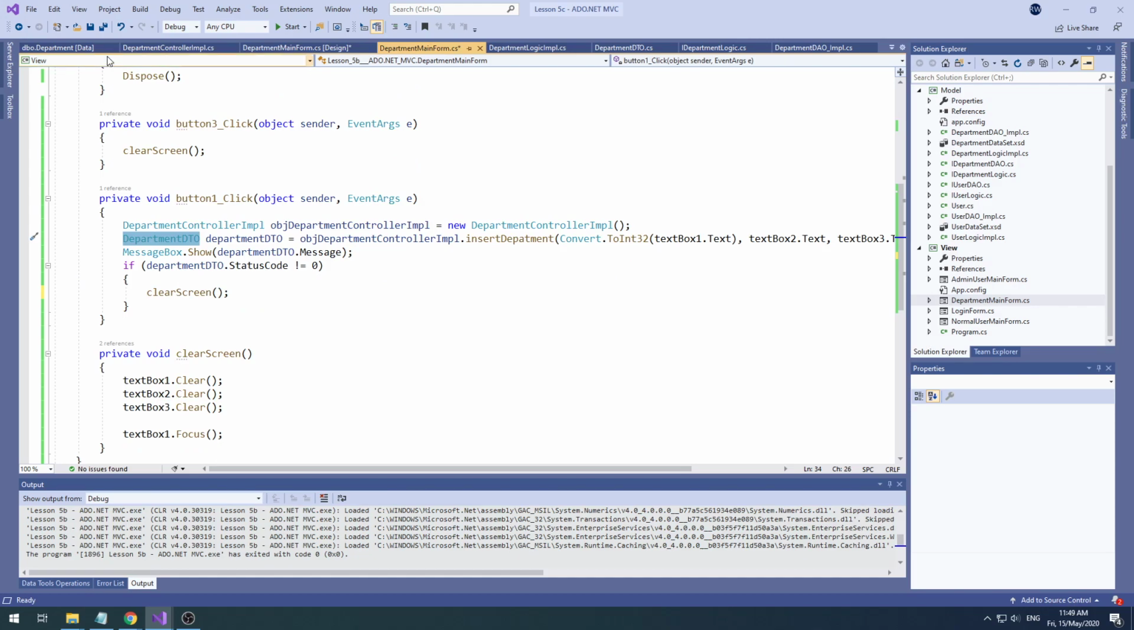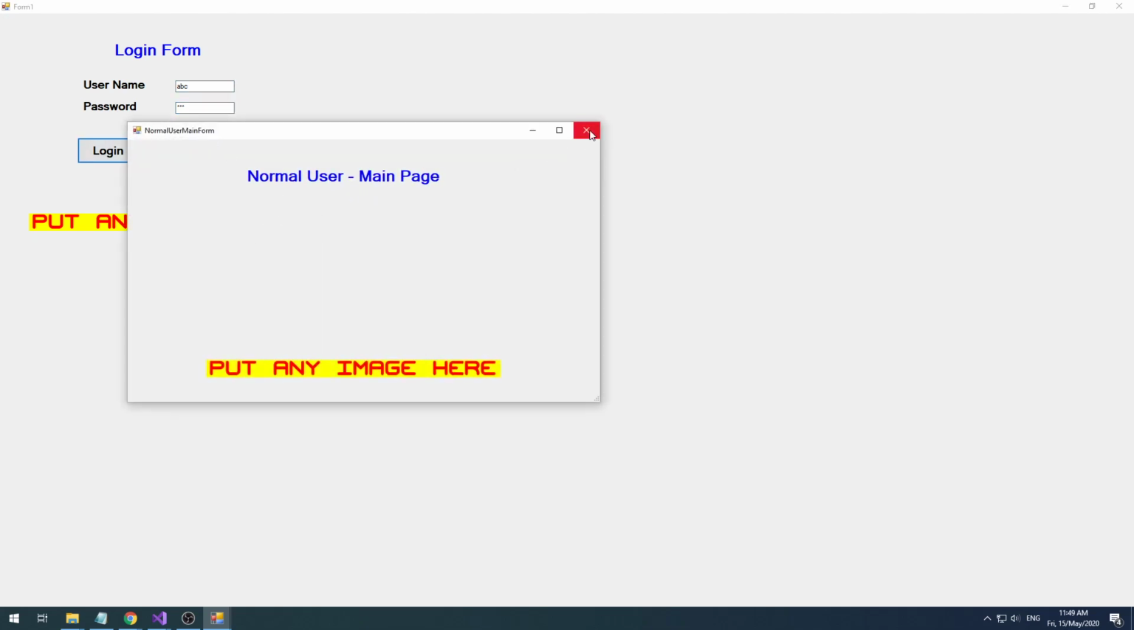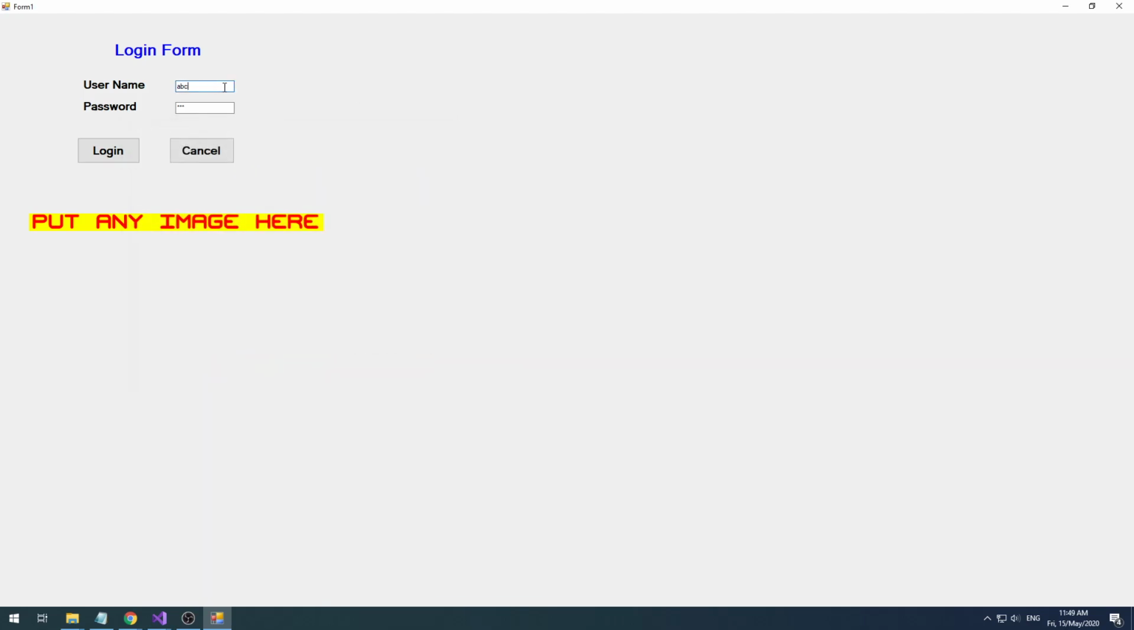All good. Let's put one more department. Let's say department number 50, housekeeping department. Admin, right? And one thing before I finish: if I log in as a normal user, I will not see that admin form, right? See, this ABC is a normal user, so he doesn't get the option to insert any data, right? But if I log in as admin,